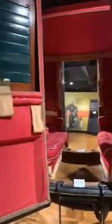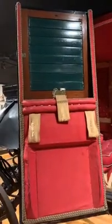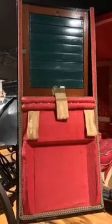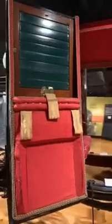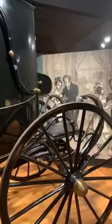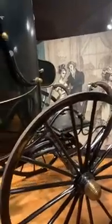And also another added feature, as you look right here on the door, Venetian blinds. So if you didn't want the light shining in your face, you could certainly close those and take a little nap if you wanted to. And then another unique feature on the back of the carriage is what they call a swords or a weapon case on the back of the carriage here. I'm sure Jackson stored many things in that case there. So this carriage will stay with Jackson in Washington. And a neat little fun fact story about the carriage, Charles